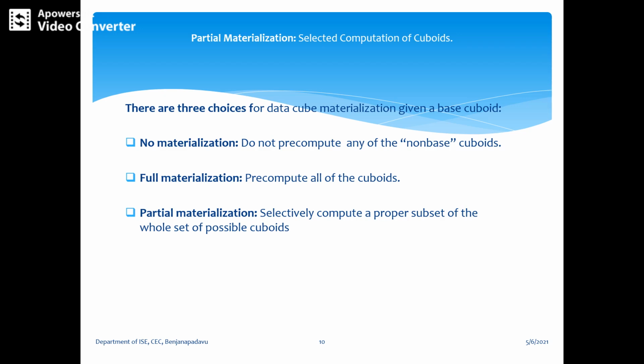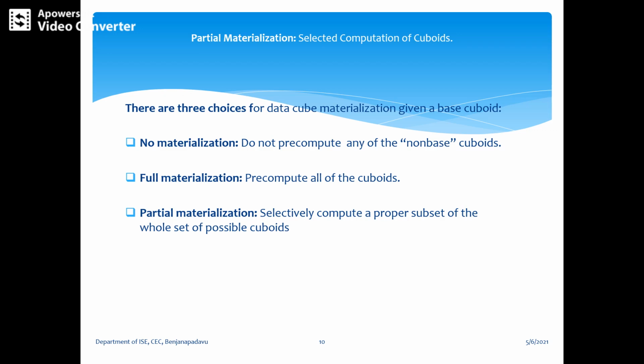The selection of the subset of cuboids or subcubes to materialize should take into account the workload of queries. There are some strategies we need to follow to select a partial materialization, that is